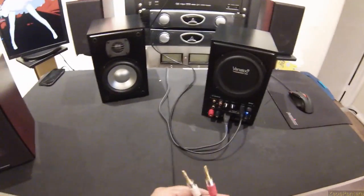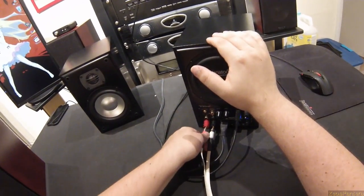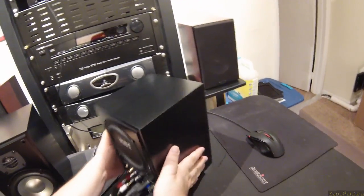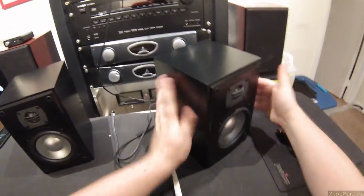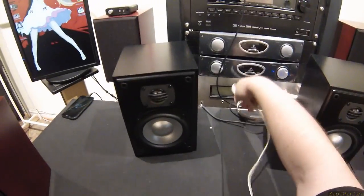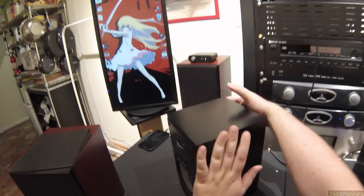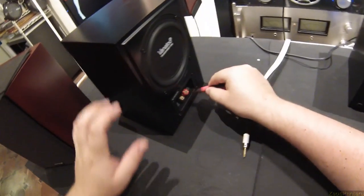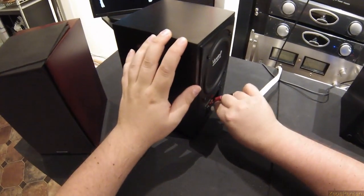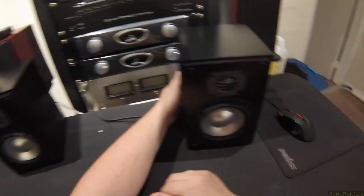Let me plug in the other wire. I'm not going to use the wire that's provided because it's ridiculously long, and I made these and they look awesome. So we'll go with that. Come here. 12-pound monsters. This would be a good opportunity to look at a couple little foam stands for desktop speakers. All right. We're plugged in. I can feel the volume knob. Now,